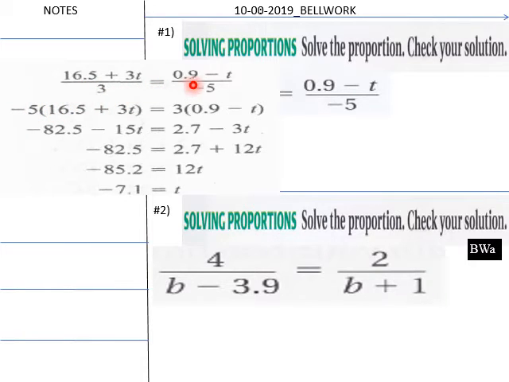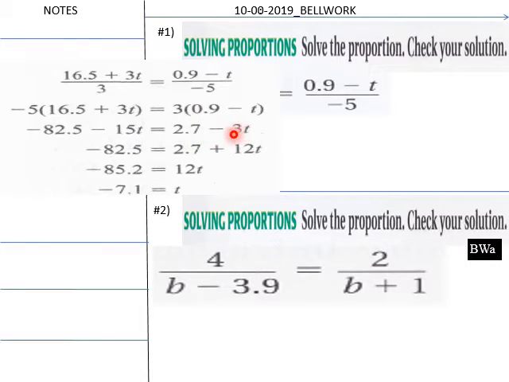Negative 5 times (16.5 plus 3t) equals 3 times the quantity (0.9 minus t). Then when we multiply through by 5 on the left, we get negative 82.5 minus 15t equals 2.7